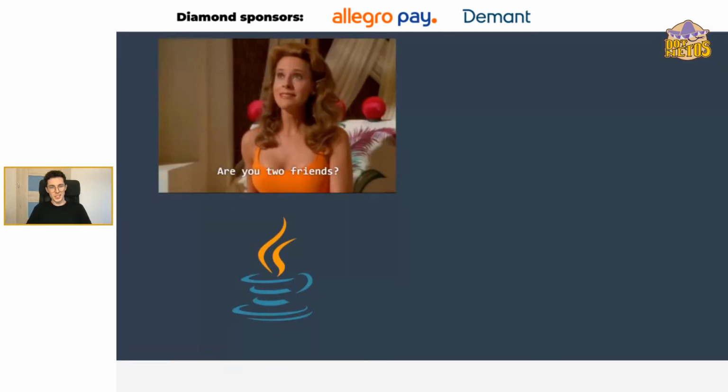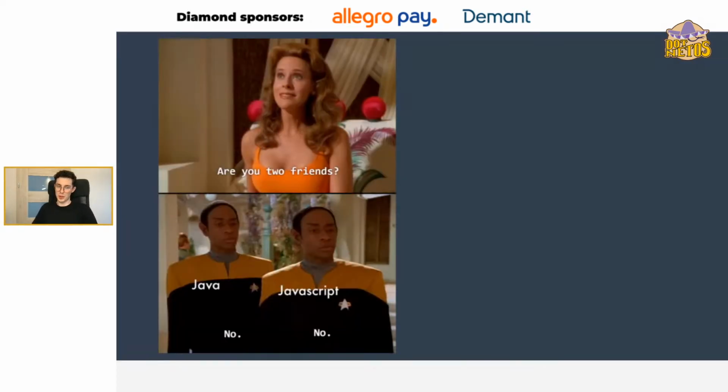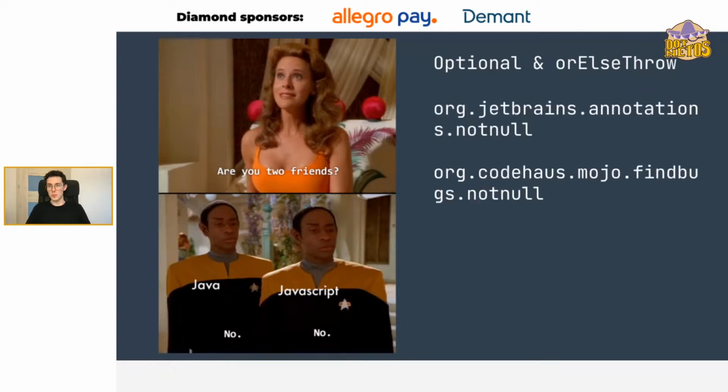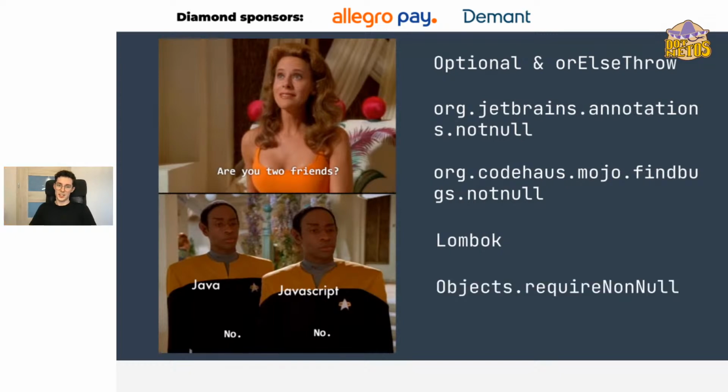And Java is here more like JavaScript when it comes to null reference types. It can be solved in a million ways. One is Optional and also throw. Another is the JetBrains annotations with NotNull. We have other annotations, for instance FindBugs, the obviously very popular Lombok, and another one, and another one.